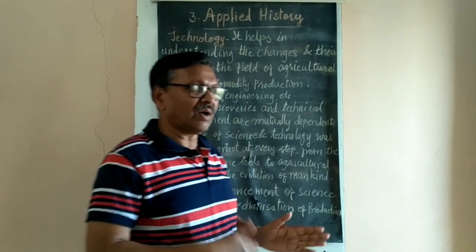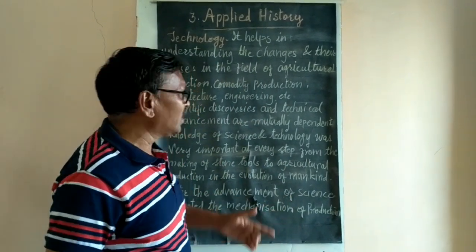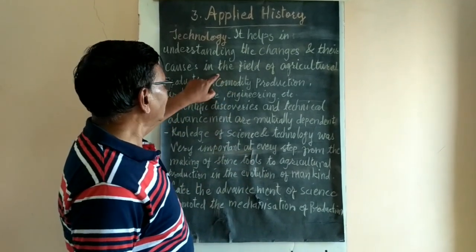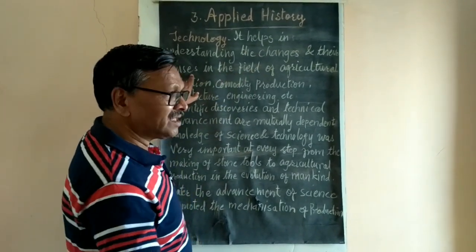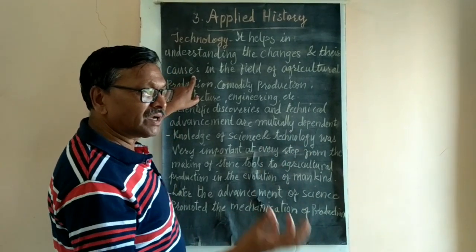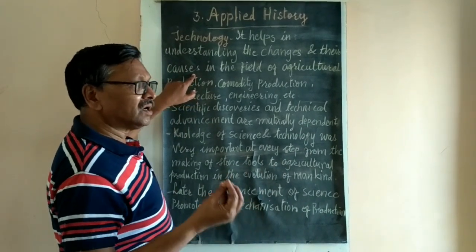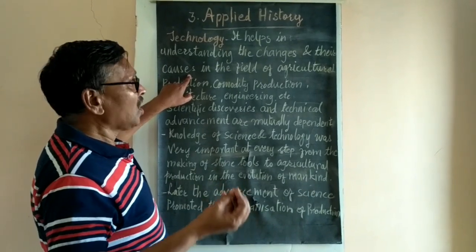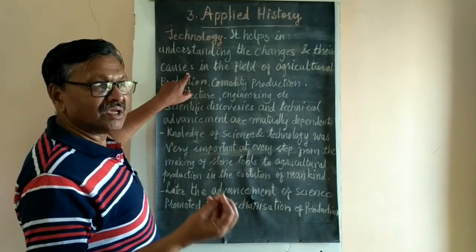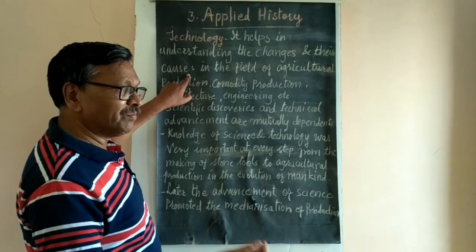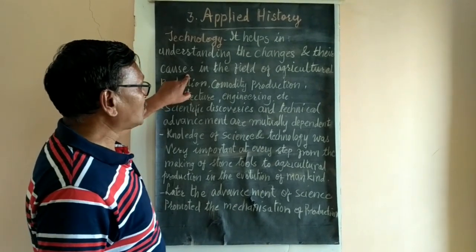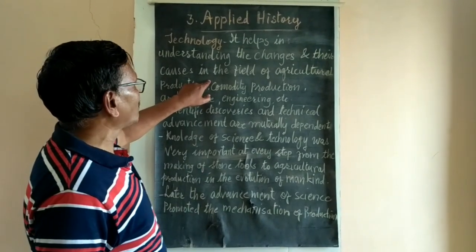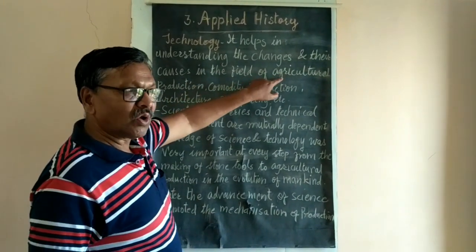So we have to discover the particular type of seeds. So in this way, the causes are there that we have to have a better yield, the quantity has to be increased, but also better quality has to be there. We have to maintain the better quality. So in this way, changes took place in the field of agriculture.